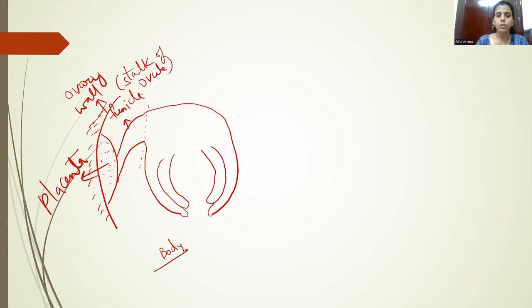The junction between the stalk and the body of the ovule is known as hilum. So the junction between the stalk and the body of the ovule is called hilum. And this end of the ovule, from where these integuments appear to arise, or from where these integuments appear to start, is known as chalazal pole. And the end which is directly opposite to the chalazal pole is called